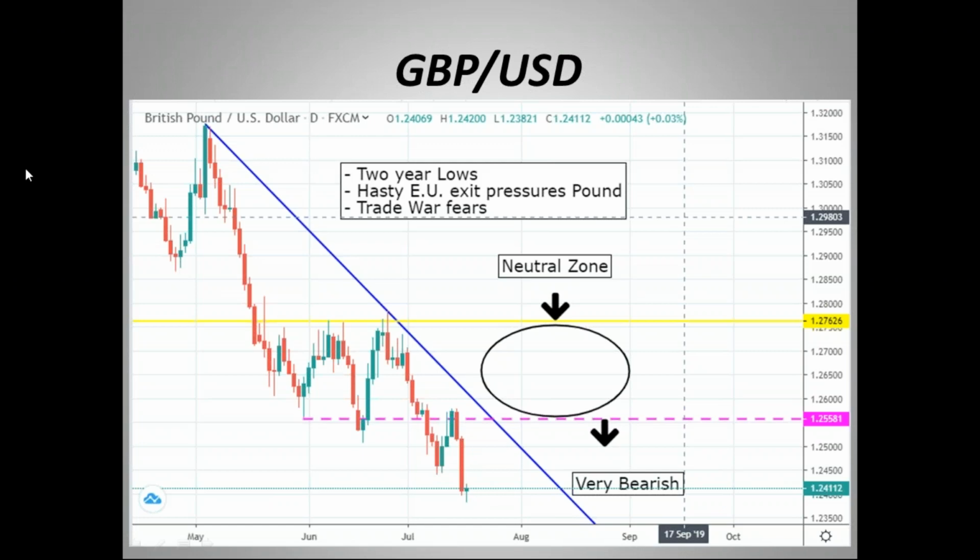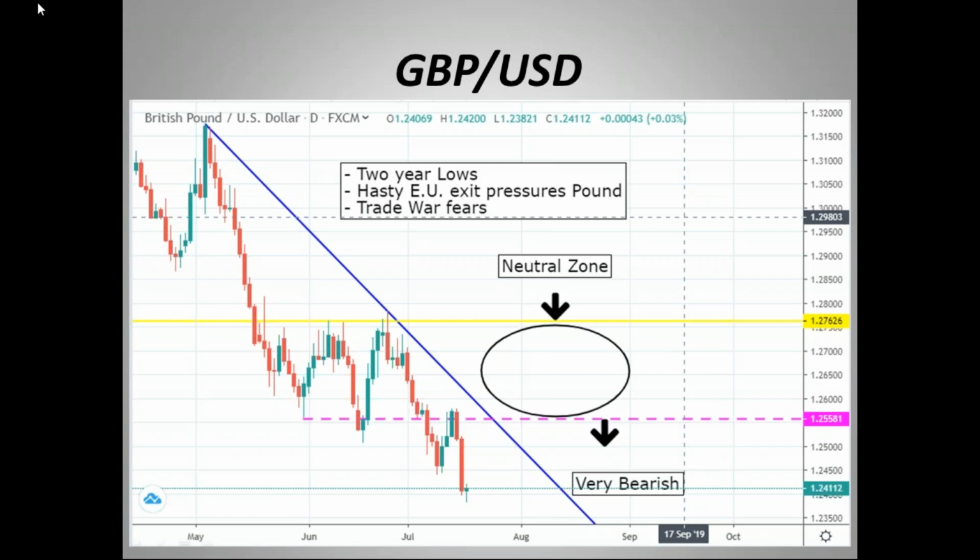So now, is this because of anything to do with the pound and the US dollar? Well, yeah, right now we're banging 2-year lows. So no matter what, when you're getting to severe support or resistance like that, the trend is your friend, and it's tough to catch a falling knife, so you don't want to try and do that.